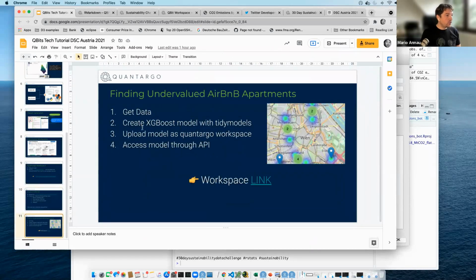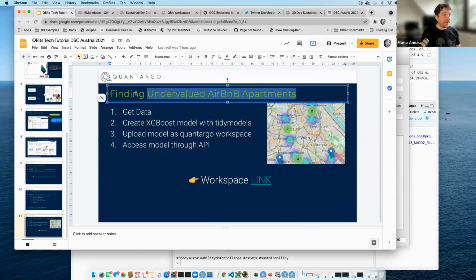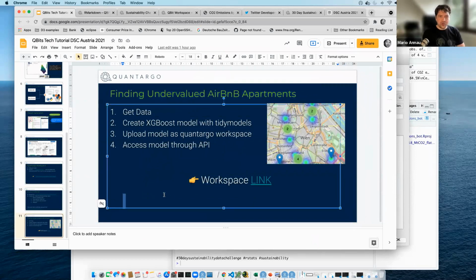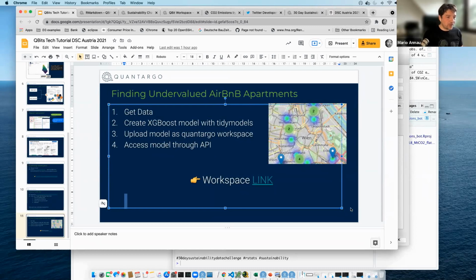The next topic would be to find undervalued Airbnb apartments in Vienna. I met Alexander yesterday, and I think they're staying at some Airbnb apartment, but for sure they don't have an idea if it is really cheap or if it's over or undervalued. Of course, this is all quite relative, and I didn't dig into this too far, but I just want to introduce now this kind